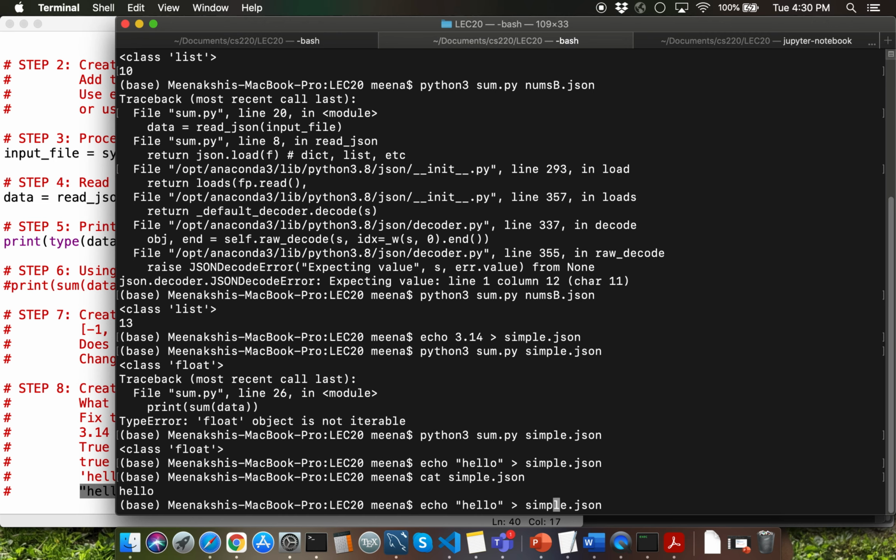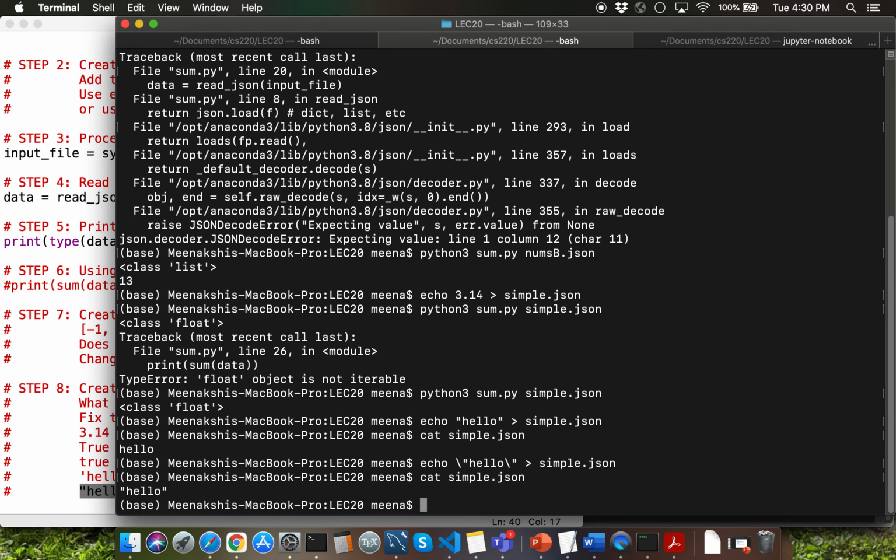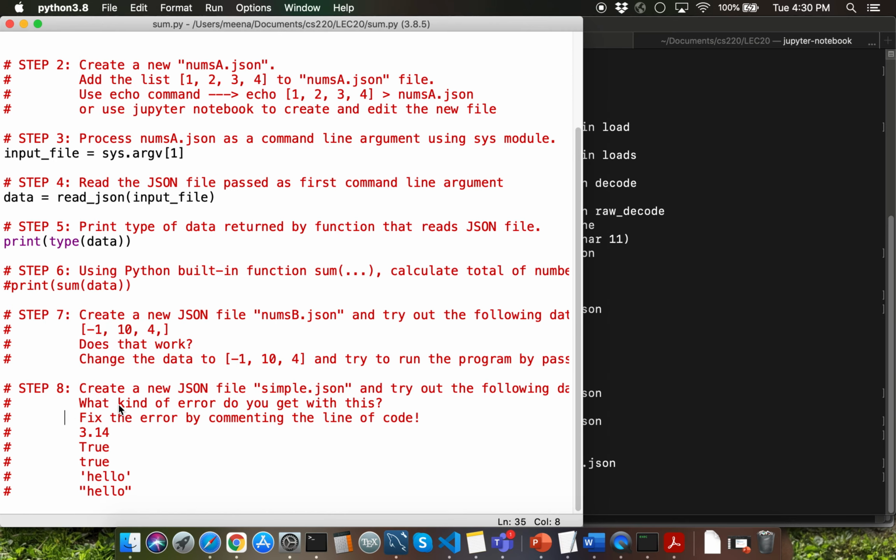Instead of that, you need to type in a backslash in front of every quotation so that you're able to capture the quotations as part of the file's content here. Please do try out the other inputs for this particular simple.json step 8. I'll wrap up this video here.